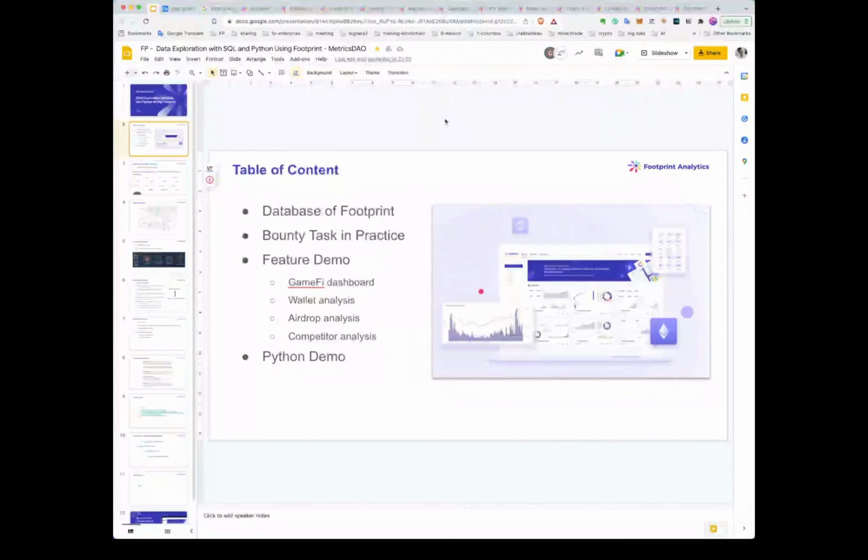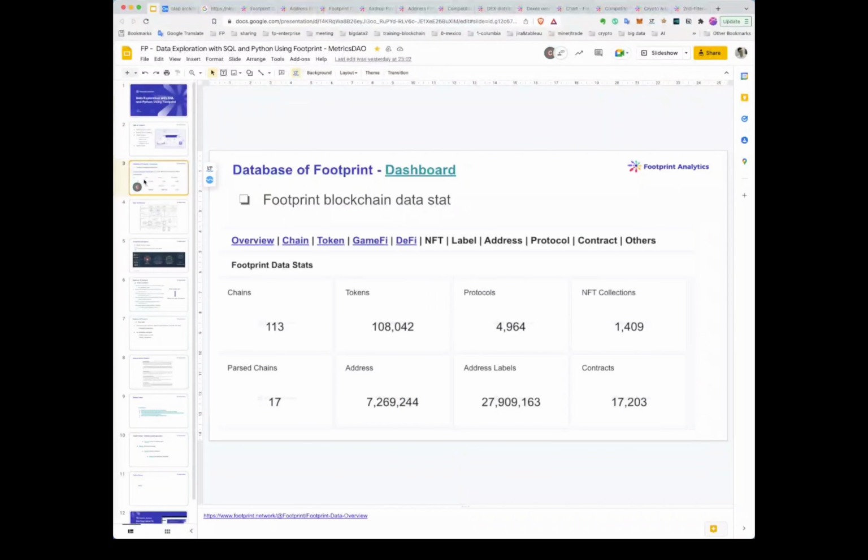I'm trying to show you a detailed demo. Also, for part three, I will show you some feature demos and try to show you the application layer on top of Footprint. In the last part, I will show you how to use Python to analyze blockchain data. So let's get to the first part, and I'll show you the data